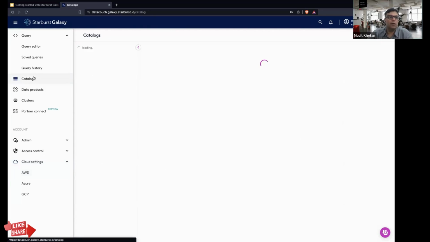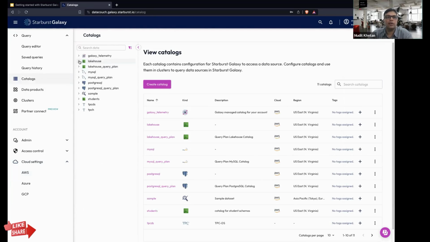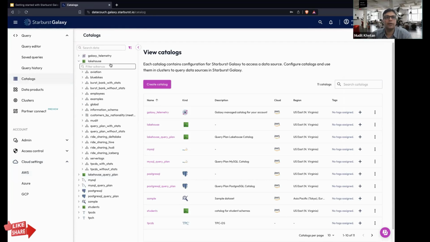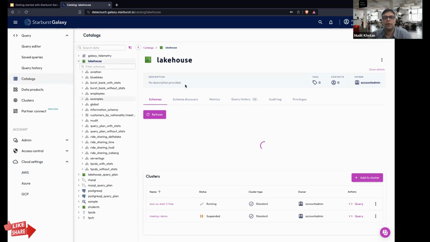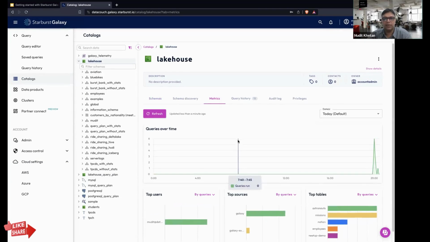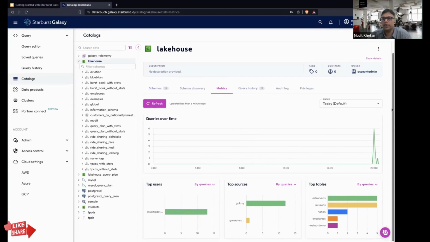All right. Now, let us once again go to the Lakehouse, where we were going to check out the Lakehouse related statistics that I discussed at the beginning. So I click over there and try some metrics. You can see the dashboard is already giving you information about the metrics: Mudit has run 13 queries, on Galaxy and on Galaxy Explorer.